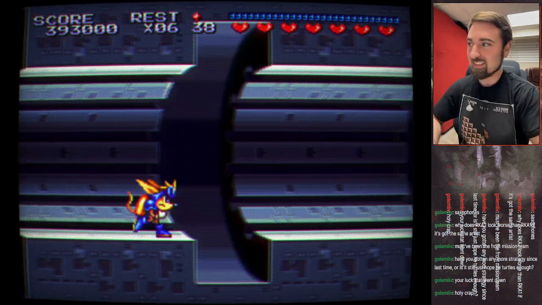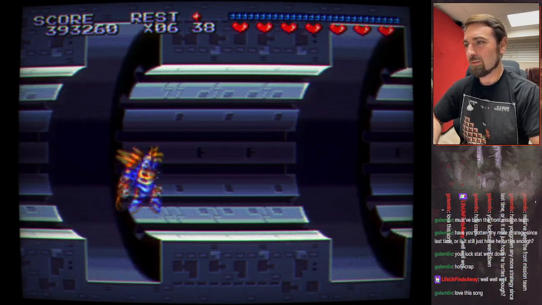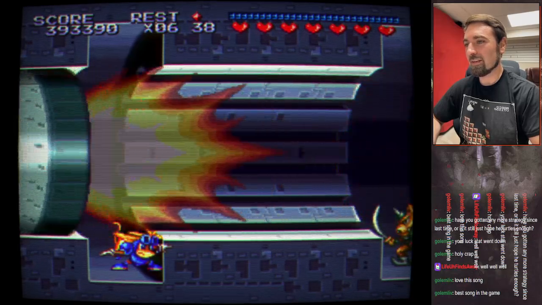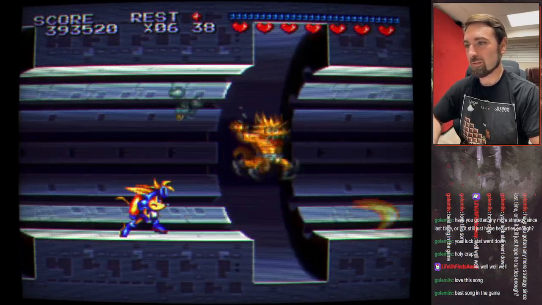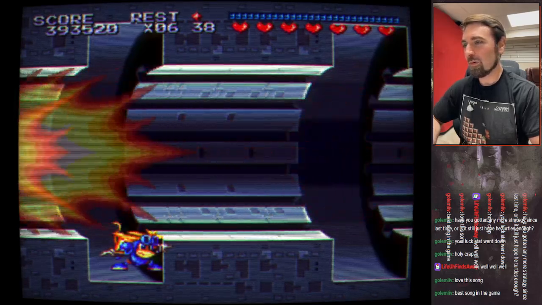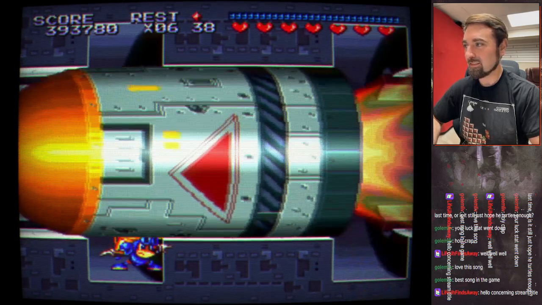Alright. 6 lives. This is great. So, what we gotta do here... No. What we gotta do here is be super patient in this first part. Don't screw around. You don't want to waste lives here. Most of the stage...